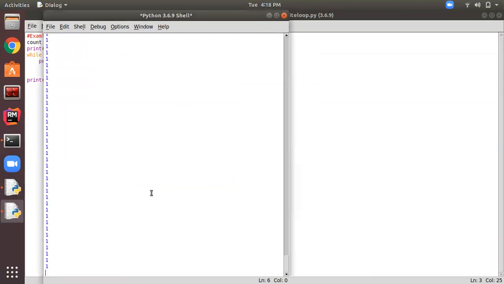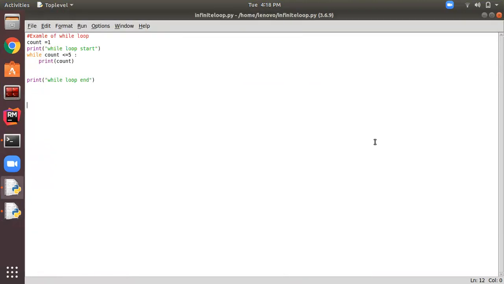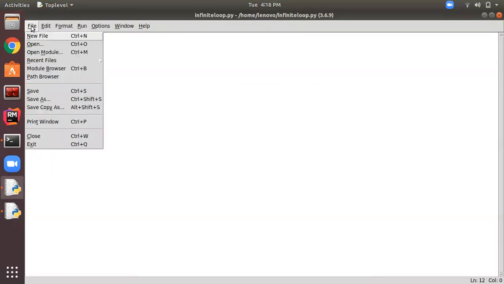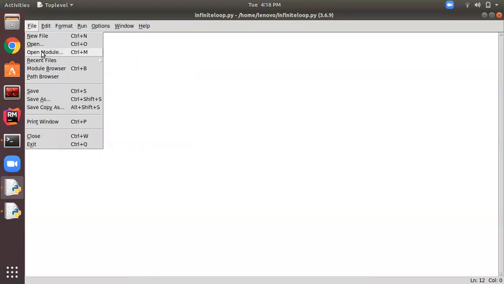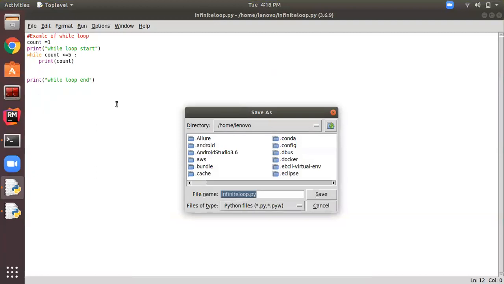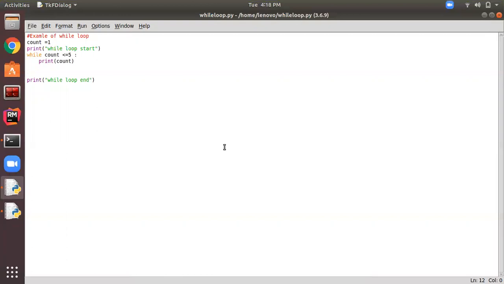Let me save this program, File, Save As, while. Actually another program was open, so that's why it's running that program. So I have saved this program. Now let me run this program.